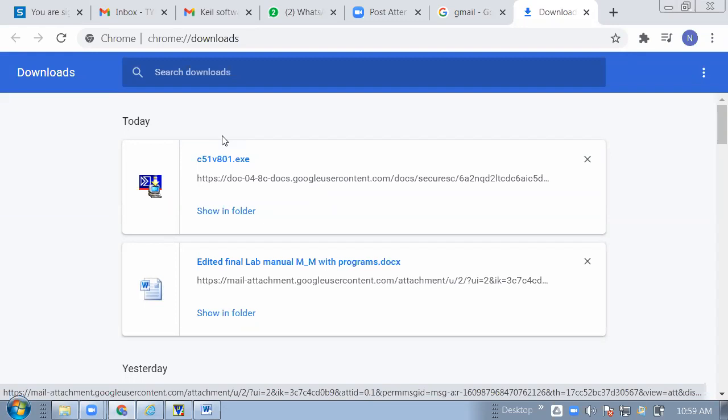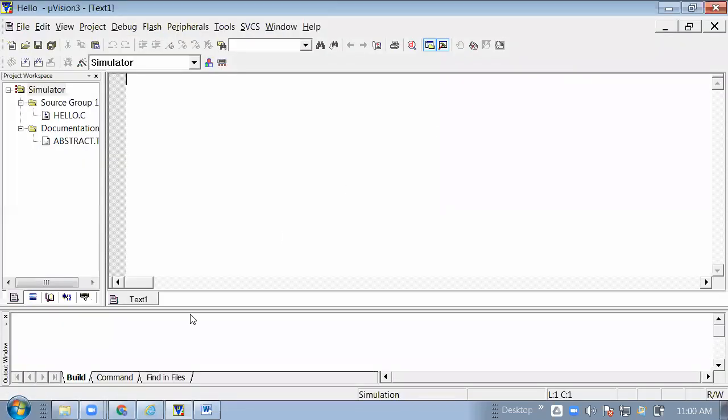There is no need of any other software, because for the 8085 simulator we required the Java exe file to open it. But for Keil, there is no need of any other software. This is the C51 software. You can download it using Google. So this is the exe file. You download it and you will get the Keil software. After the download, we can see this is our Keil software.